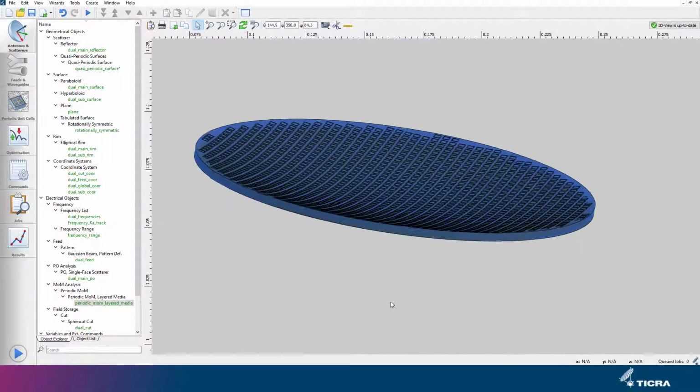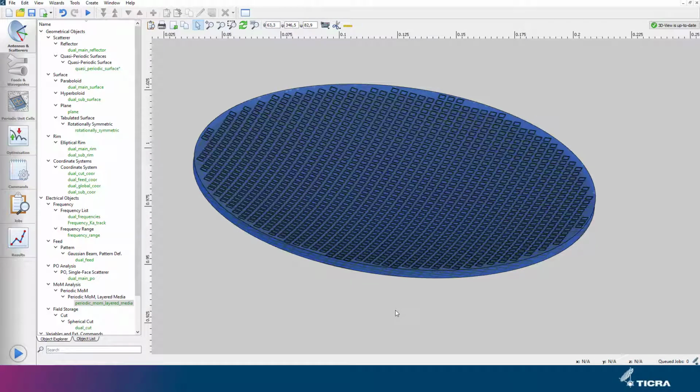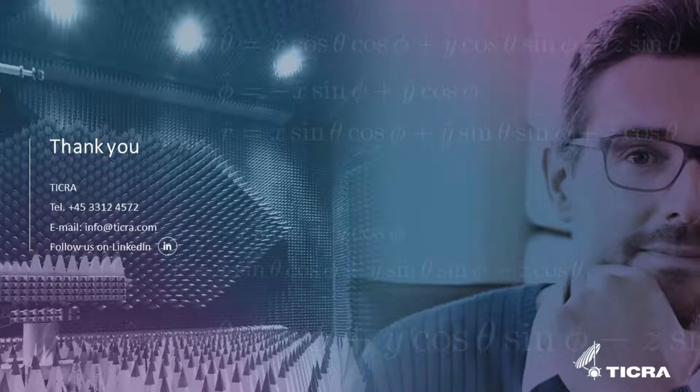optimization variables. This will increase the number of optimization variables significantly, resulting in longer optimization time and providing almost the same antenna performance. For practical applications, one would need to optimize the FSS in multiple frequencies for both S and Ka band. But we hope that this video gives you an idea of how you can use CUBES and spline functions to efficiently optimize your quasi-periodic surfaces.